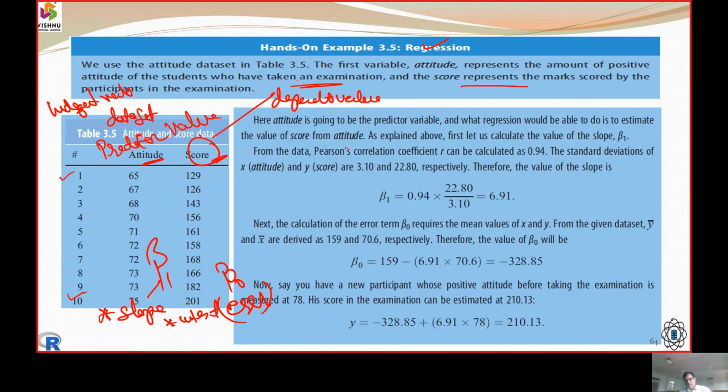It is given as 0.94. First, we see the correlation, the understanding between attitude and scores, whether they are correlated or not. Whether two items have a relationship or not, we need to predict; unless we predict, we cannot go further. Therefore, first of all, we use the rho value with the Pearson, and it is nearer to 1.